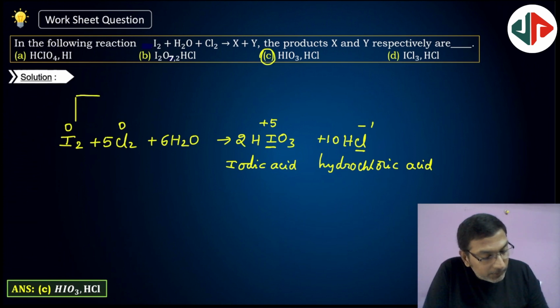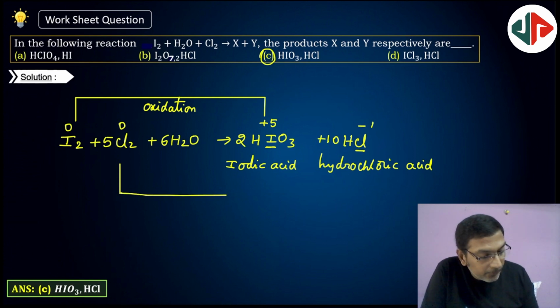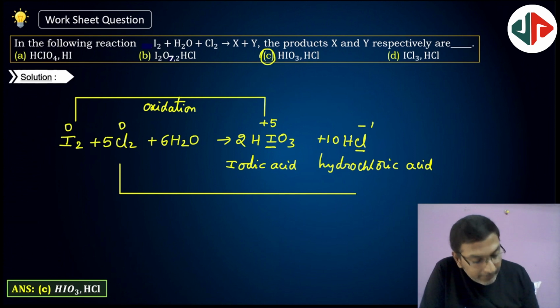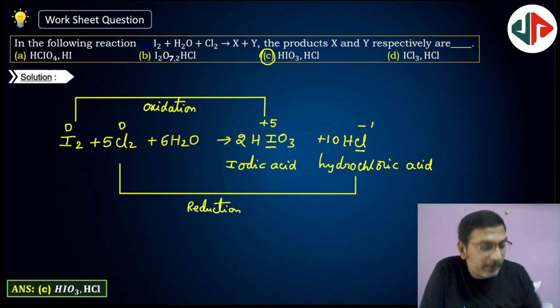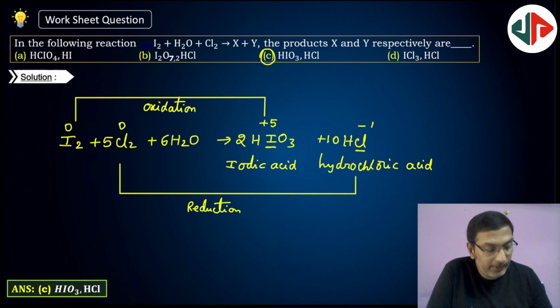Here I2 to HIO3 increase in oxidation state, therefore oxidation. Next Cl2 to HCl decrease in oxidation state, reduction. Therefore best example for redox. Option C. Next,